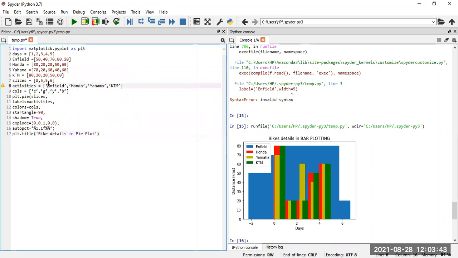First of all, these things need to be corrected. Okay, this thing is corrected.